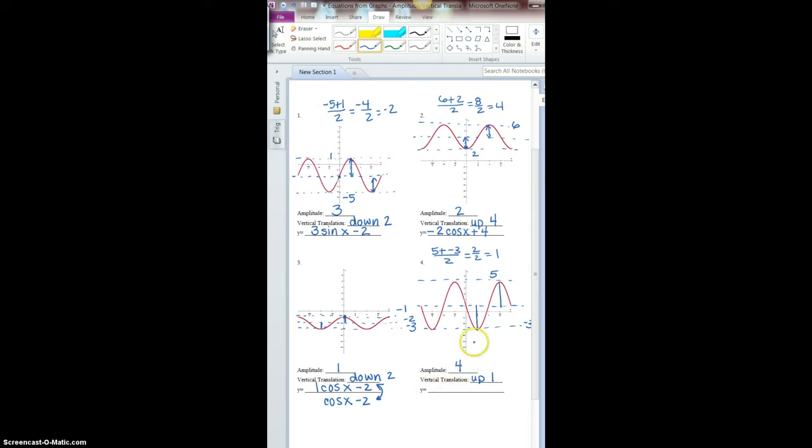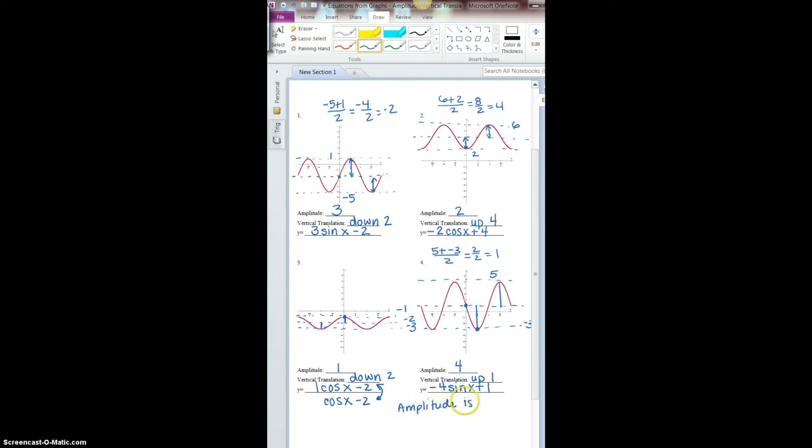And so writing our equation, looking at the y-axis, we see we're starting in the middle and then we're going down. That makes it a negative sine curve. All right, the amplitude was 4. Don't forget the x. And then since the whole graph shifted, the vertical translation was up 1, we put a +1 at the end. One other thing to note is that since the amplitude is a distance,